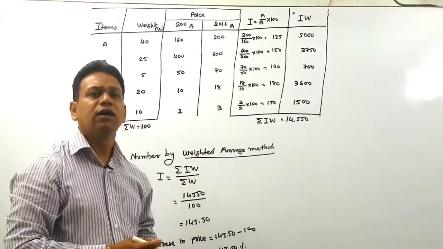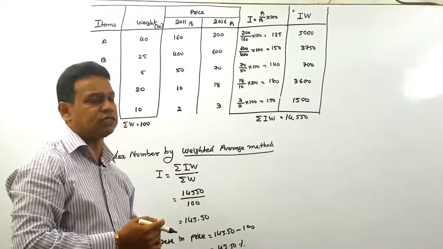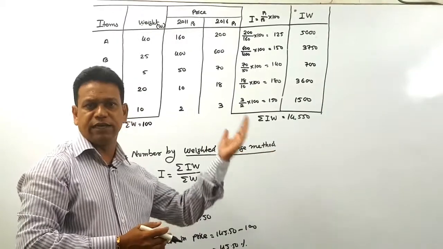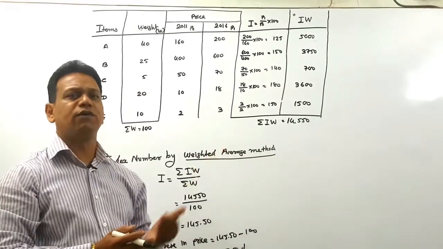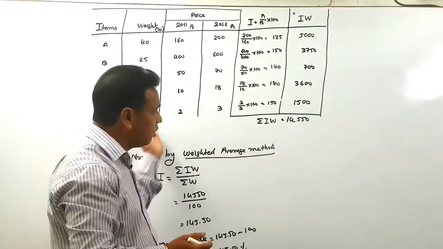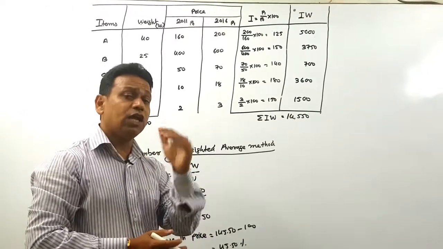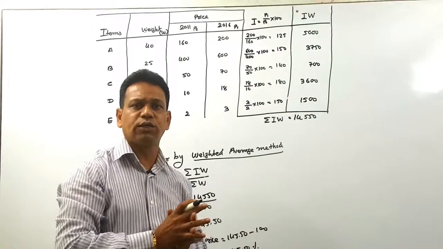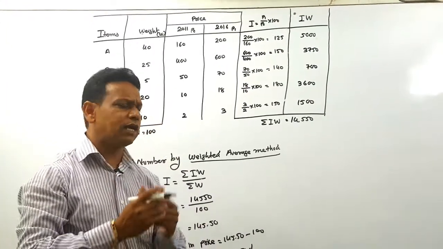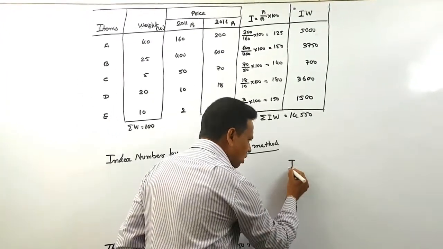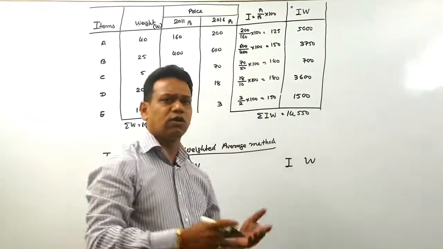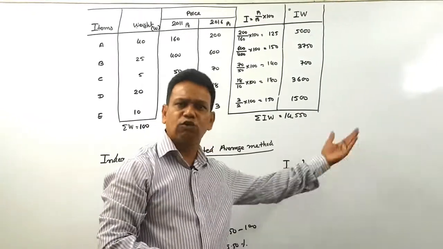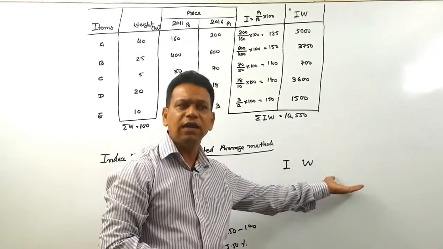So we have to make 3 columns for such calculations. First of all, we have to find I, the index number, and the very basic formula we have is P1 by P0 into 100. W is available, but remember, if W is not available, we have to use the product, that is P0 into Q0. Sometimes the columns I and W are both given, which makes your example very easy. I is available, W is available, so we have to make the next column, that is only IW.